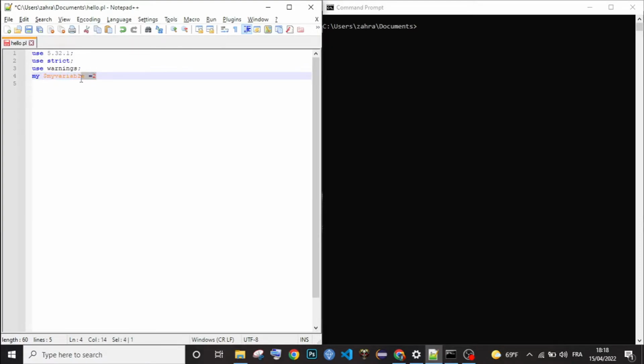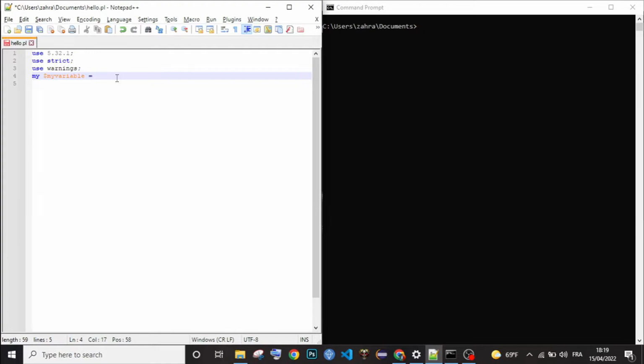The difference is that when you remove this my keyword, it becomes a global variable, but when you don't, it's a local variable.